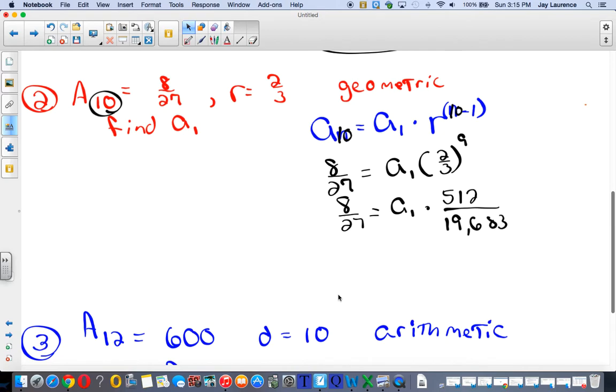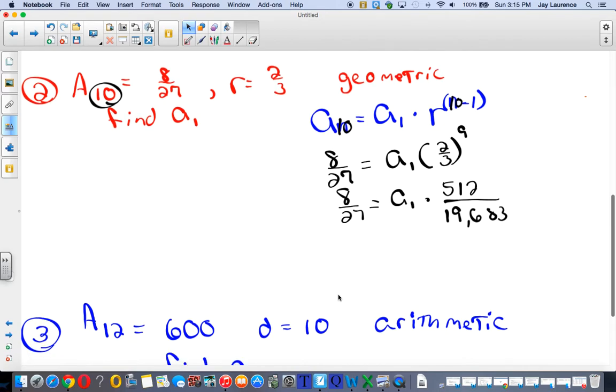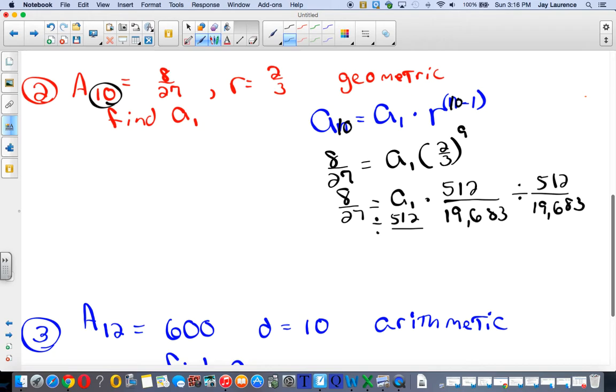Okay. So now I have to divide both sides by this number. I'm going to divide by 512 over 19,683 on both sides. But I know in the first day of school, Mr. Laurence taught me that when I'm dividing by a fraction, I have to multiply by its reciprocal. Remember, 10 divided by a half is not 5. So we have